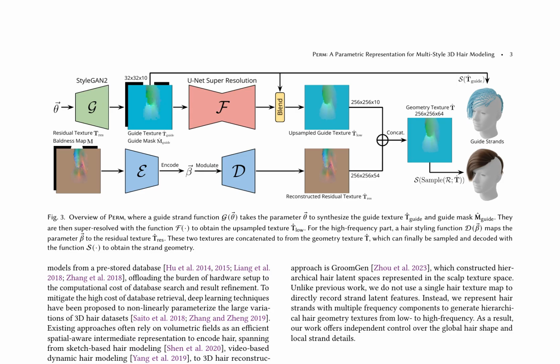The Perm system is a parametric representation for multi-style 3D hair modeling that leverages a guide strand function G(theta) to synthesize guide texture T_guide and guide mask M_guide. These are then super-resolved with function F to obtain upsampled texture T_up. The high-frequency part is handled by a hair styling function D(beta), which maps parameter beta to residual texture T_res. The two textures are concatenated to form geometry texture T, which can be sampled and decoded with function S to